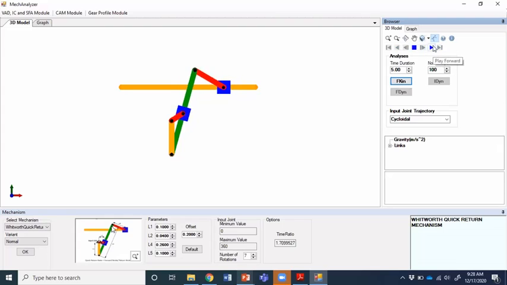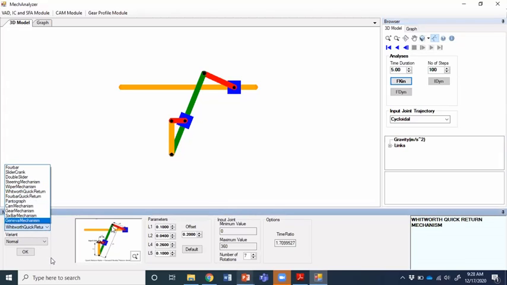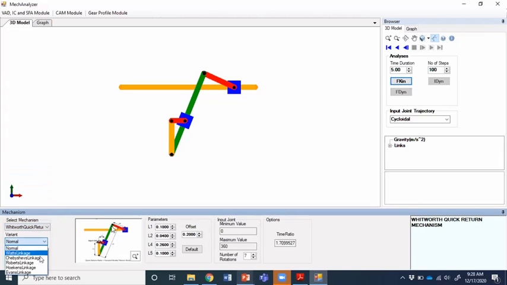So you will see that the return stroke is, so what you will get, forward stroke slow, but return stroke is quite quick, right? Let's take another mechanism that is in quick return, that is